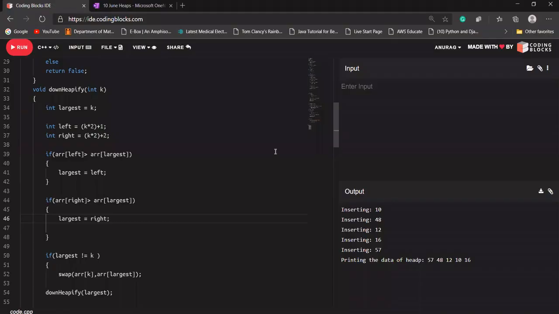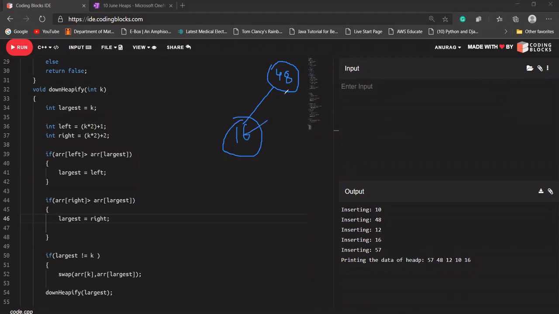In that case, let's say I'm creating my heap again. Let's say it is 48 now, 16, 12, and here it is 17.